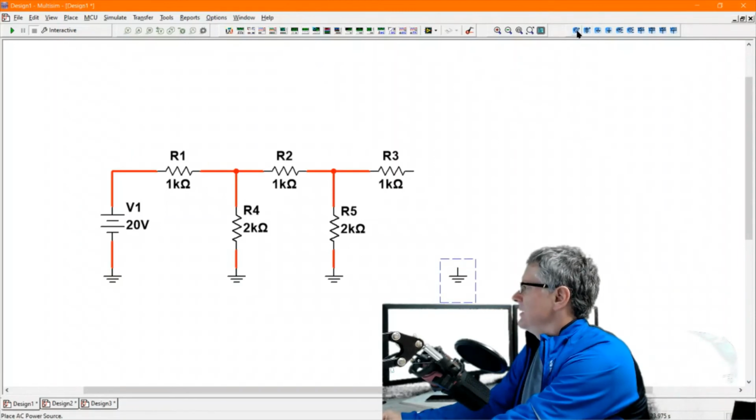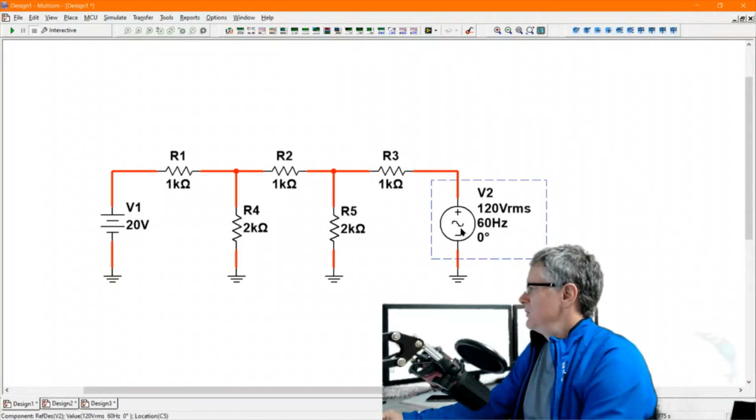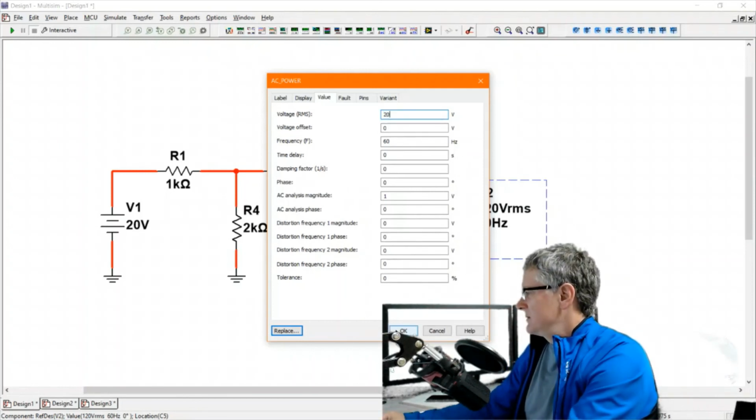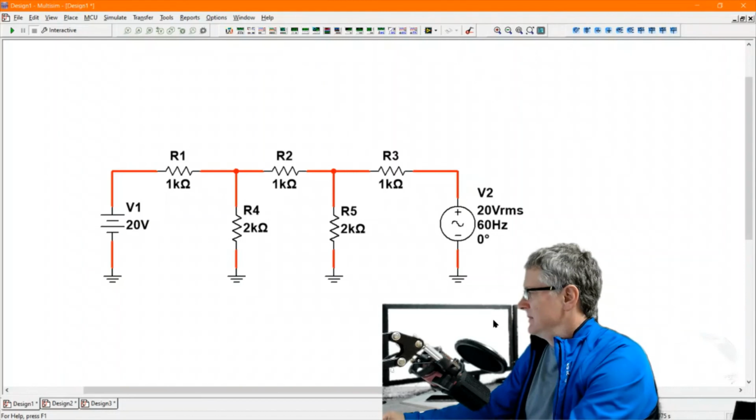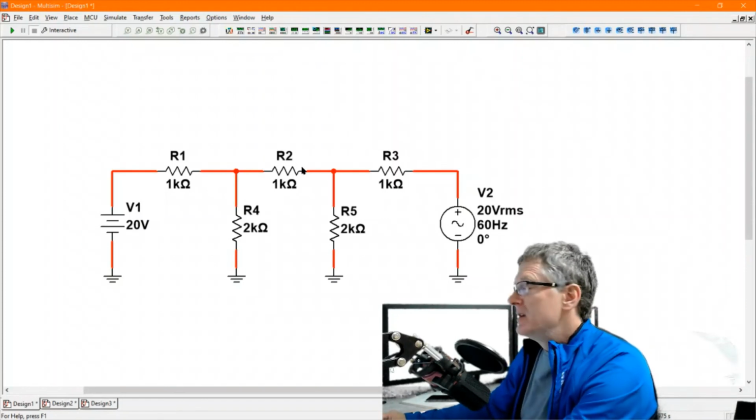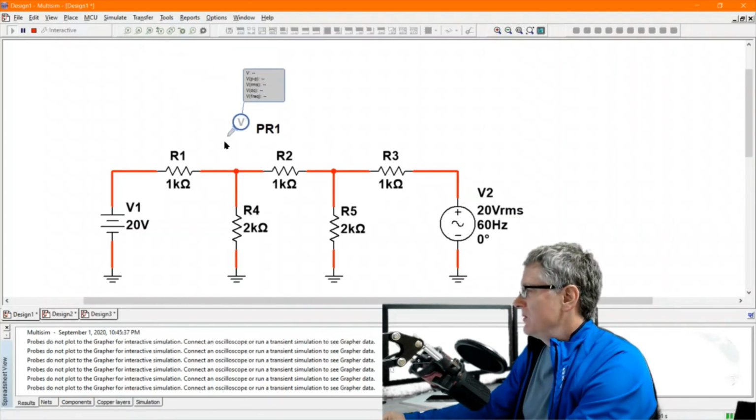I'm going to put an AC source here. And we'll make that 20 volts. So here I get an AC source on this side, a DC source on this side. These points in the middle are going to have some AC in them, and they're going to have some DC in them. So if I drop down the probe here,